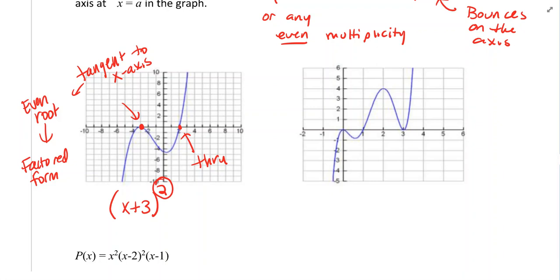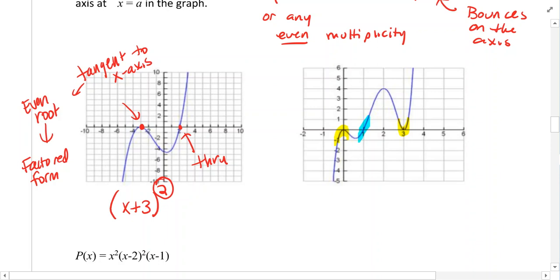root. Okay. Where we have even roots on this one, we have an even root here, where it's tangent, and at 3 as well. But then at 1, we have an odd root because it's going through. Now, if you decide to study further, you'll be able to tell the difference between a double root and a quadruple root because they look slightly different. They flatten out more at those roots. But for the purpose of what we're doing, I'll give you the degree so you'll be able to tell what